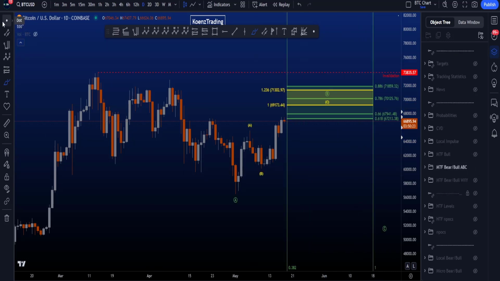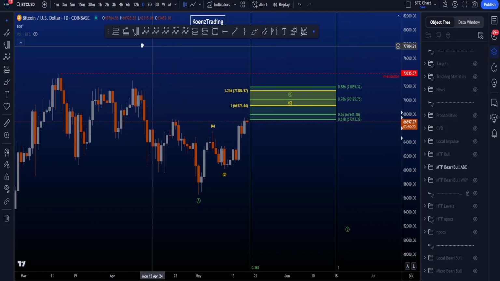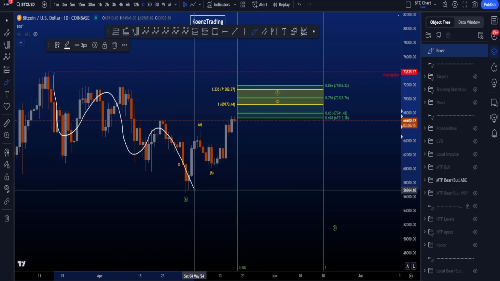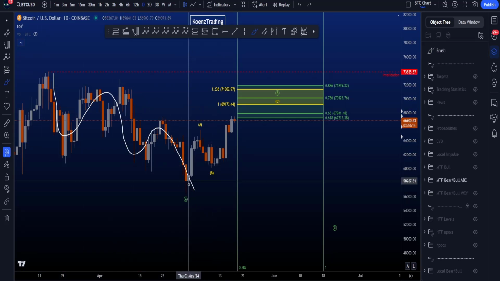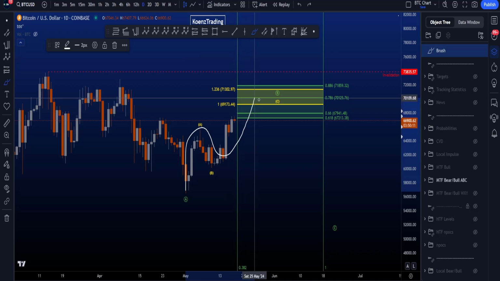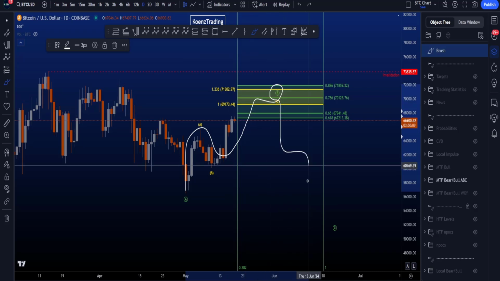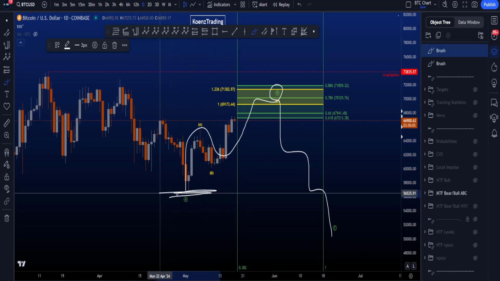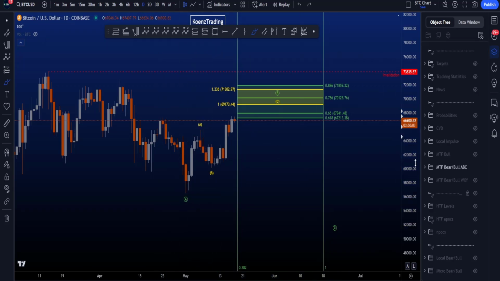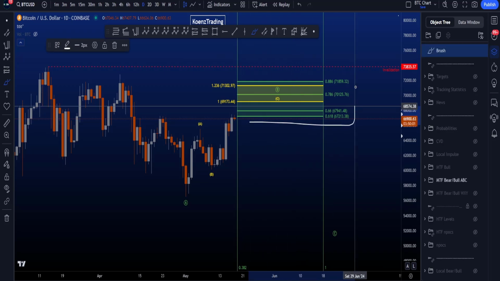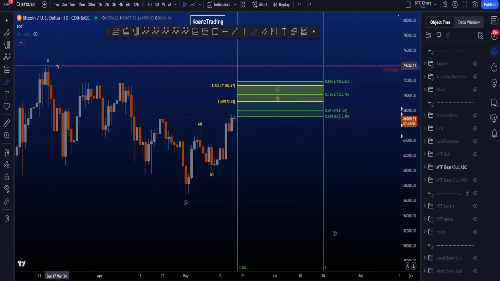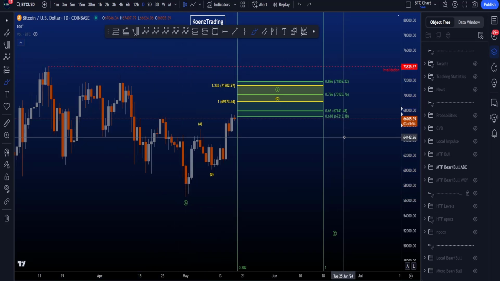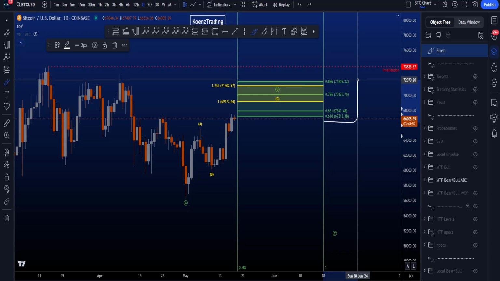The second scenario, which also is a bigger 3-wave corrective structure to the downside, is a zigzag with a leading diagonal 5-wave structure in your wave A, a 3-wave move to the upside in your wave B, and then a 5-wave impulsive structure to the downside in wave C, taking the lows at 56k. Common target area for your wave B is between the golden pocket and the 0.886, but this time it's taken from the high to this low over here, the low of wave A, giving you a target area between 67.2k